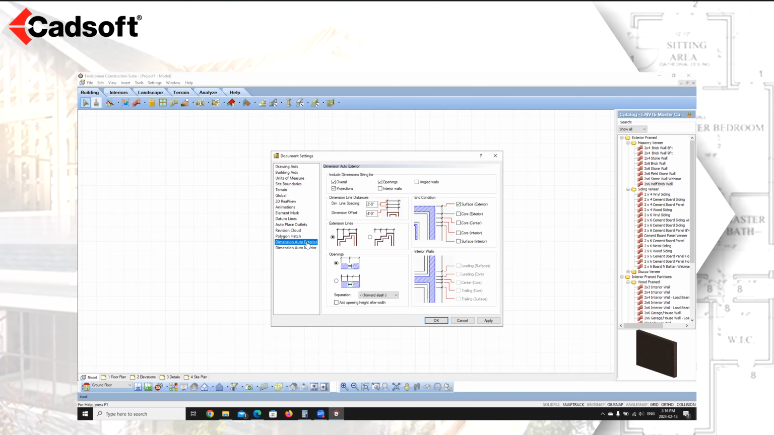So in here, we give you the option to control how your automatic exterior dimensions are going to be displayed on your screen. So you can include whatever dimension string you want. By default, we have overall projections and openings defined. If you want to show interior walls on your exterior dimension string, you can select interior walls, and then the interior wall section will be highlighted, and you can define how you want the interior walls to be displayed on your exterior string. Do you want to go to the surfaces, to the cores, or to the center of the core? So again, leading or trailing edge of the surface,